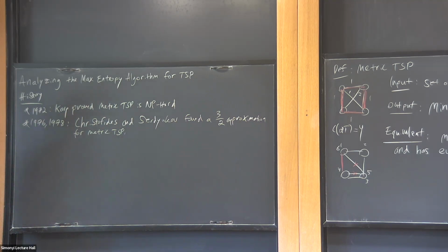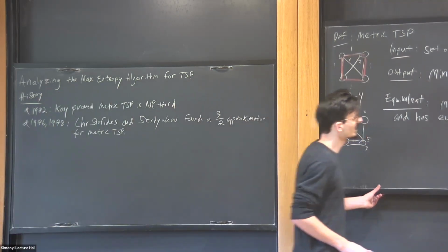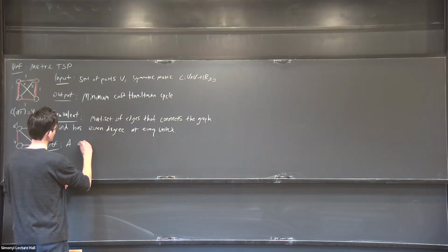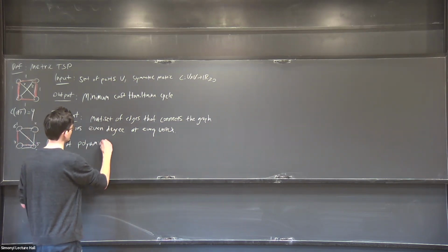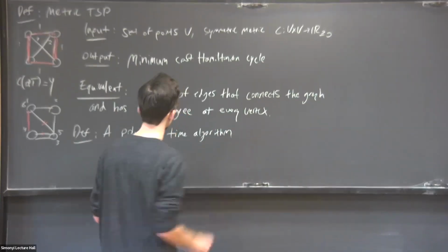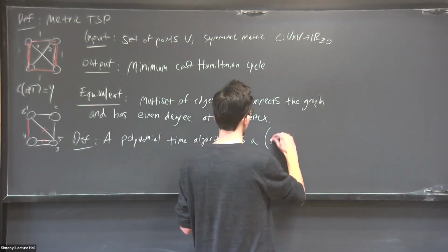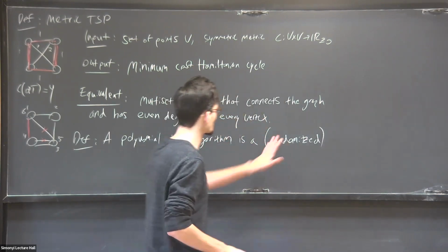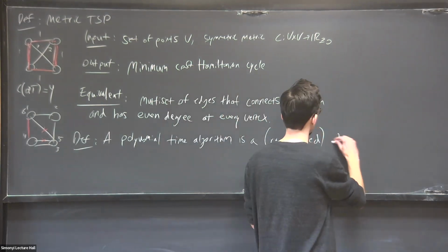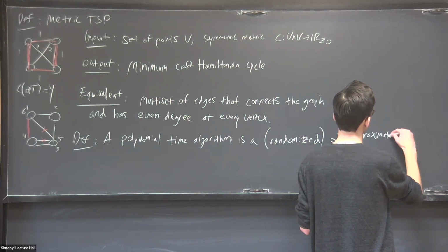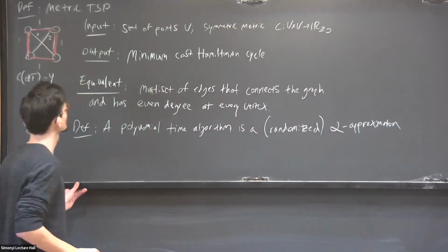Right, so what is an approximation algorithm? Let's just get everyone on the same page. So we're going to say a polynomial time algorithm is a, I'm going to put the randomized definition in parentheses so you can read it with or without it. So the polynomial time algorithm is a randomized alpha approximation if